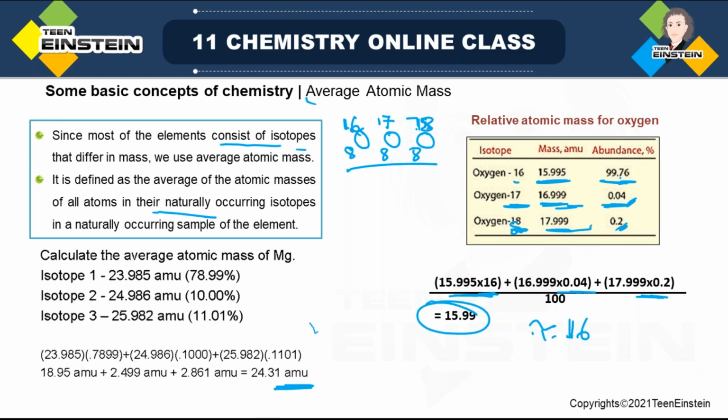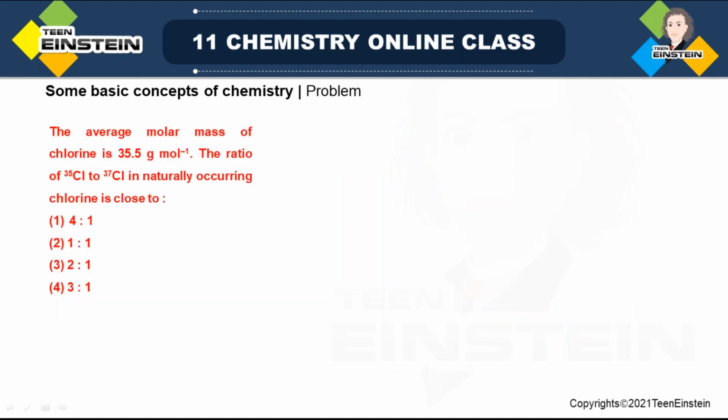In the next one, no units are given, but in magnesium, it is in AMU, but it may also be in terms of gram per mole. But actually, it doesn't matter. The values are actually the same. The numerical value is the same. So when you say atomic mass, the unit you have to use is AMU, that is for one particular atom. But when it is 1 mole of atoms, then it will be in terms of gram per mole. So molar mass,